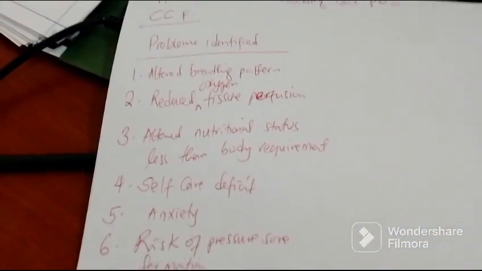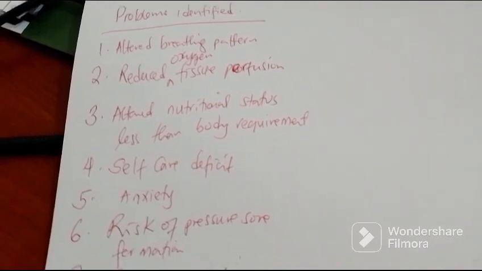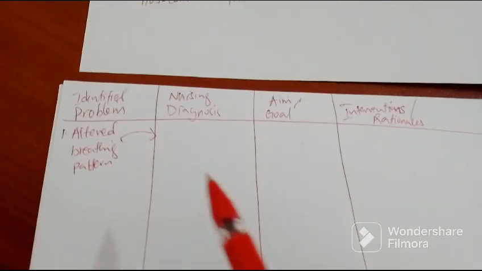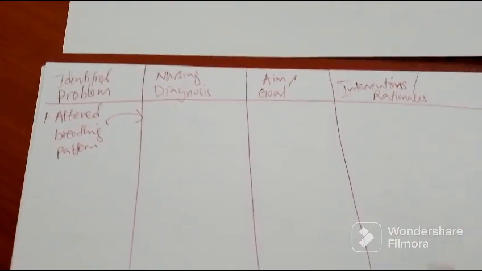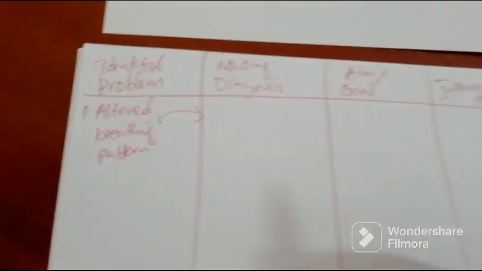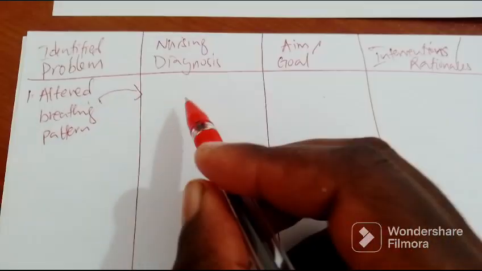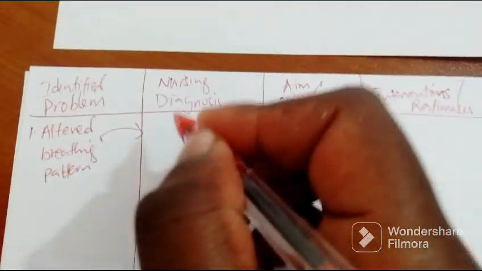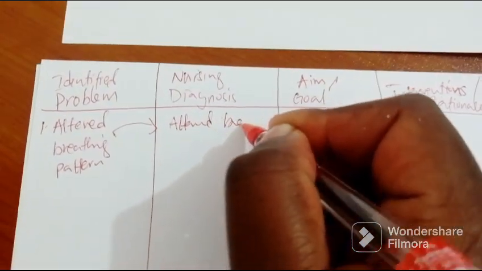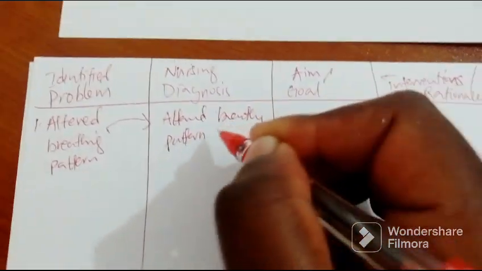Okay, so we continue. We are continuing with the problem identified as altered breathing pattern. With the five columns that we drew, the altered breathing pattern, like I said, you just need to copy this and paste it in the diagnosis. So we're going to have altered breathing pattern